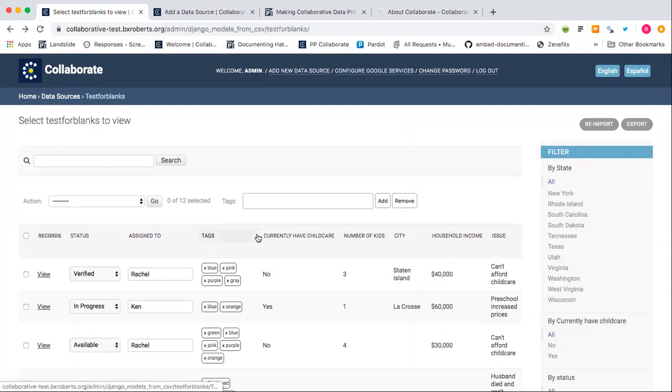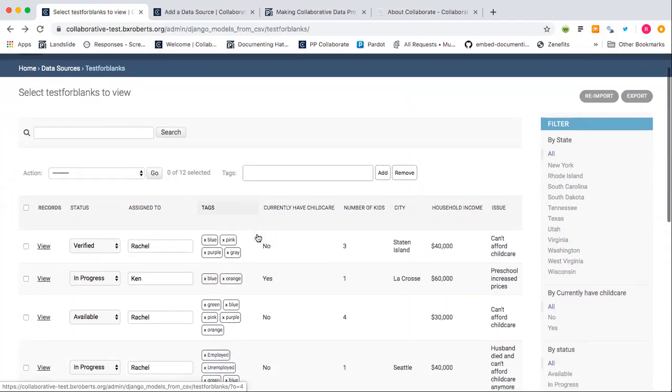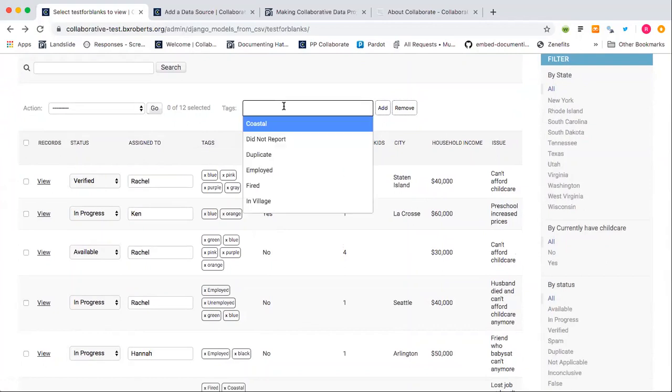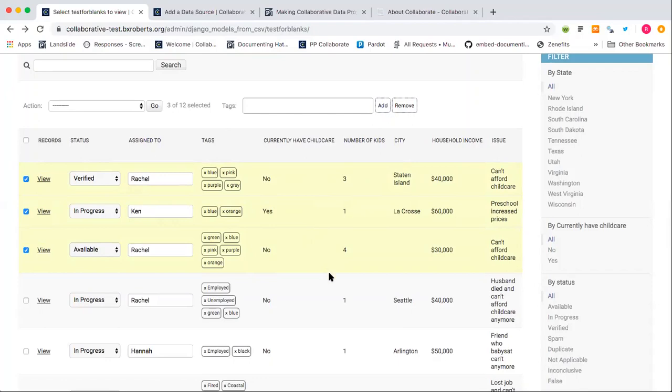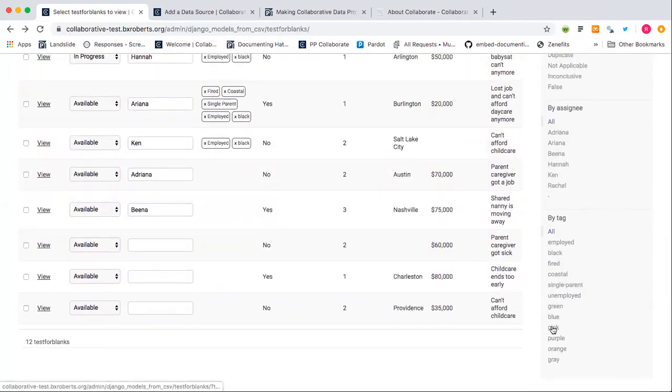It's basically just what is going to help you organize your data in different categories. So you can create those right in here where it says tags and add them to multiple different data points at once. And then anytime you create a tag, it will show up in this filter so that I can sort and look at just the ones that have been given that